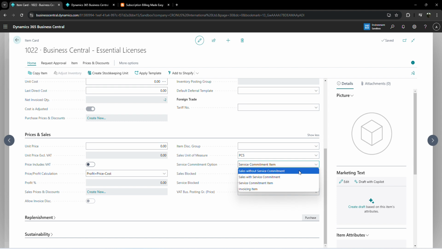The next one is sales without the service commitment. This is the normal item which you have been using until now. Before the subscription module, the item card by default is sales without the service commitment. There was not even a single commitment obligation. Then there is sales with service commitment, and the invoicing item we are going to look into in future